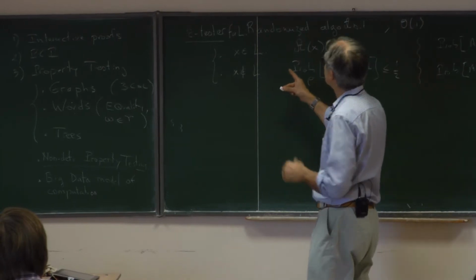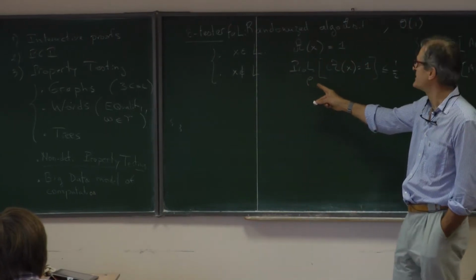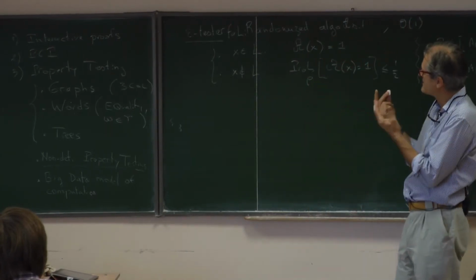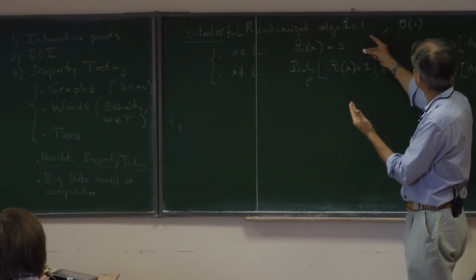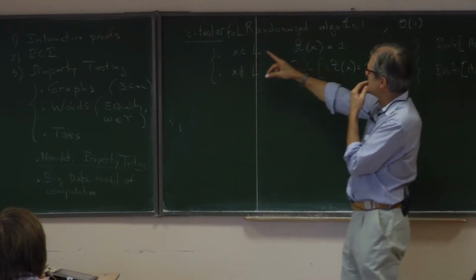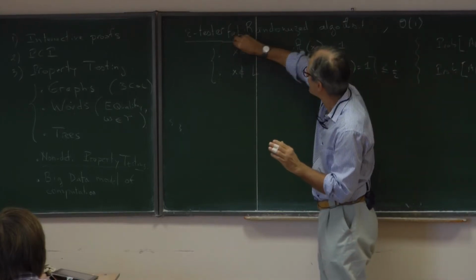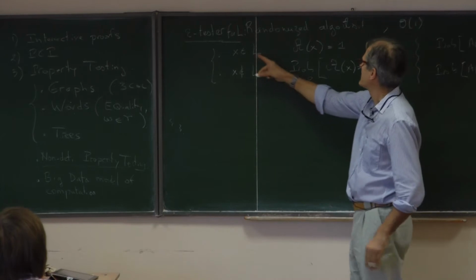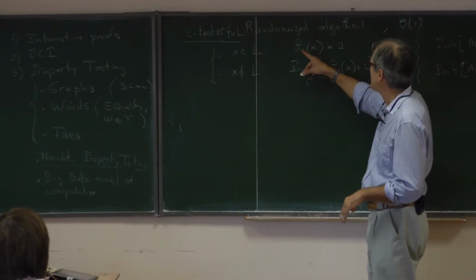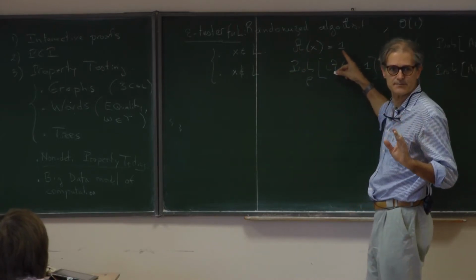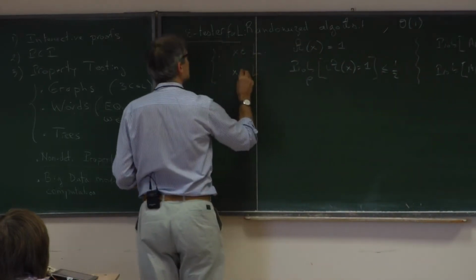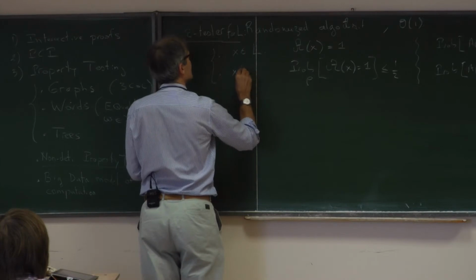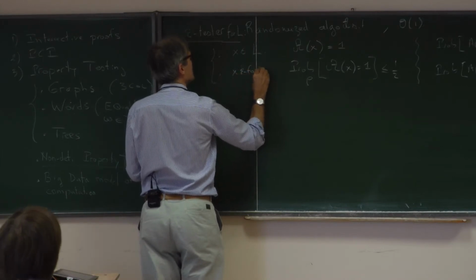The key notion of an epsilon tester is that we fix an epsilon, and then we are searching for a randomized algorithm, so I'm talking about an epsilon tester for language L, such that if X is in L, the algorithm always accepts. If X is epsilon far from L,